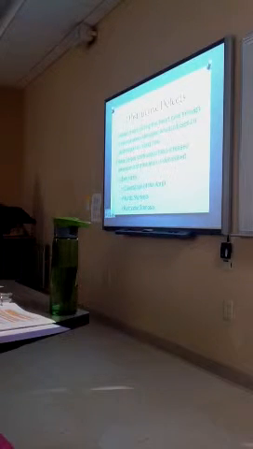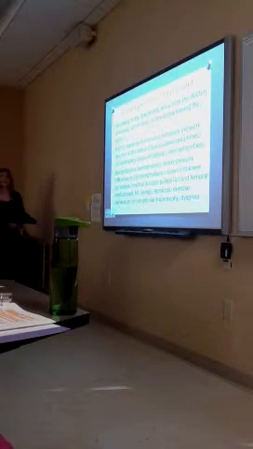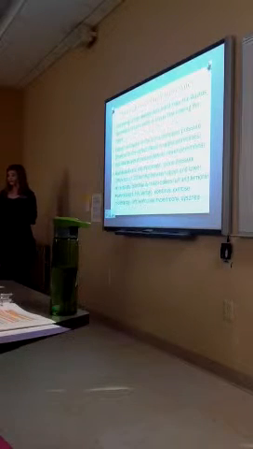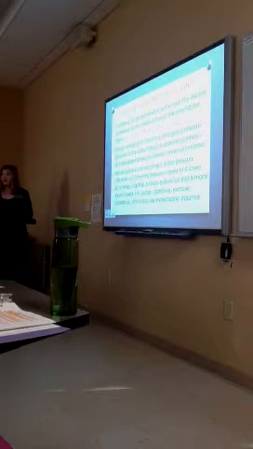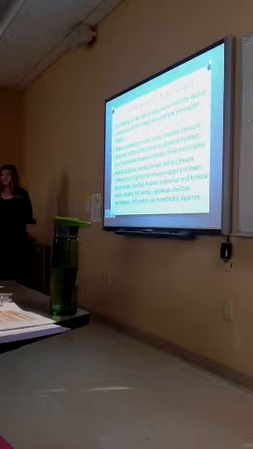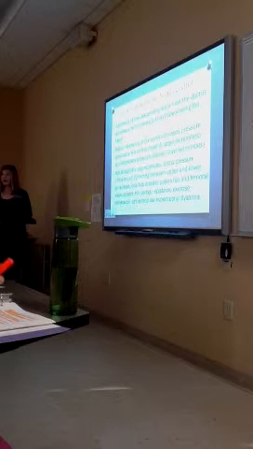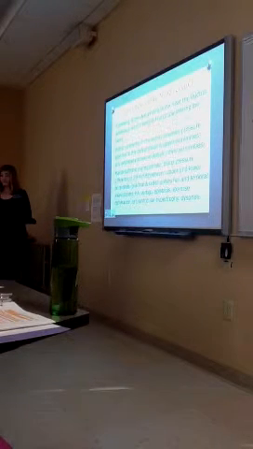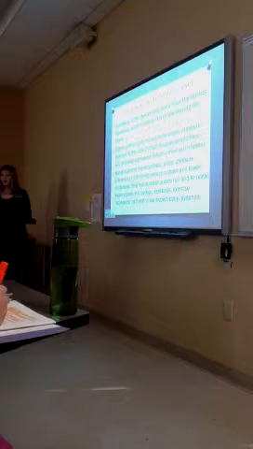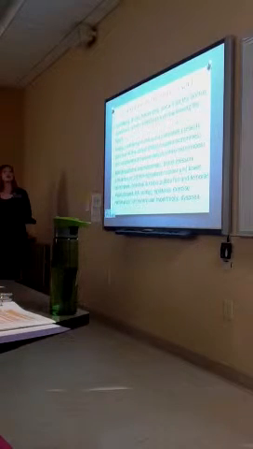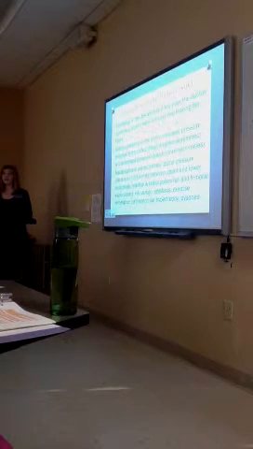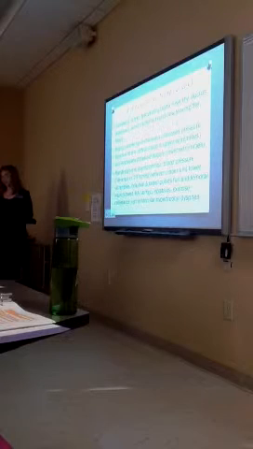The first one we're going to talk about, which we also talked about in lab today, is the coarctation of the aorta. This is a narrowing or a stricture of the descending aorta. So this is going to restrict blood flow leaving the heart and going to the body systems. Just like we talked about, there's going to be an increased pressure proximal to the defect, and there's going to be a decreased pressure